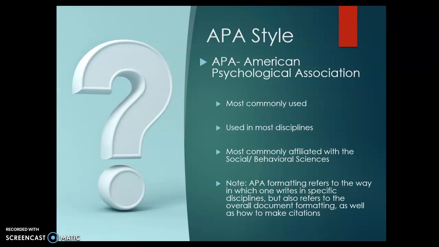So when we think of our style guide, we know what a style guide is now, but now we have to ask ourselves, why do they exist? To make things consistent, but what are the specific ways as writers that we use APA style? And that's for overall document formatting. That's your headers, your page numbers, your margins, your spacing, all those things we've already worked on. But that's also the organization of your document, what sections go where and why. And most importantly, to avoid plagiarism and to give credit where it's due, that has to do with making citations, citing your sources, providing references that show where you are pulling your ideas and for whom they should be credited.